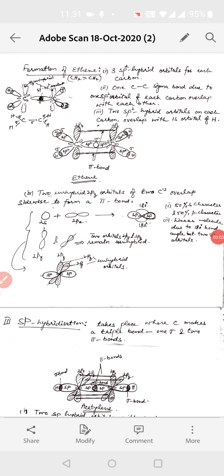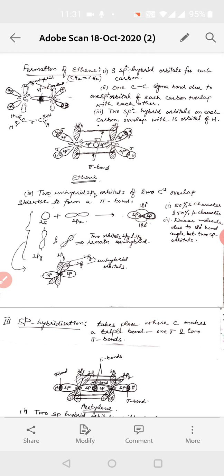Students, last time we studied sp3 hybridization and sp2 hybridization. In case of sp3 hybridization, carbon can make 4 single bonds. It can make a single bond with another carbon, or with hydrogens. But in case of sp2 hybridization,